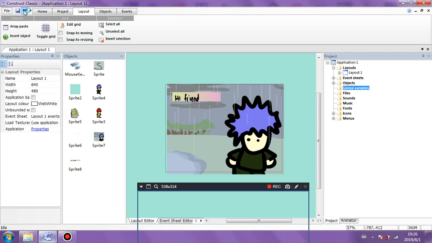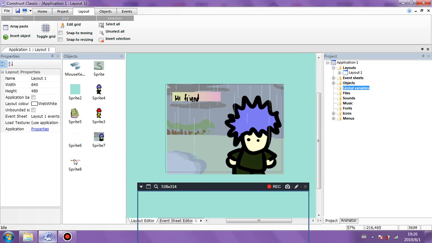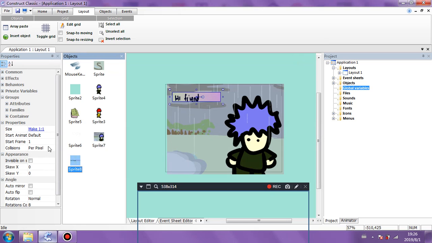That should still be visible at the start of the game when it shouldn't be. But we're going to just see what it would look like if it was set to visible at the start of the layout, which it is. So it's visible, right? Okay, so there's no difference there no matter what happens. If I click on it, the house will turn red. Now if I turn this to invisible on start, that's going to be like that. So that should work.